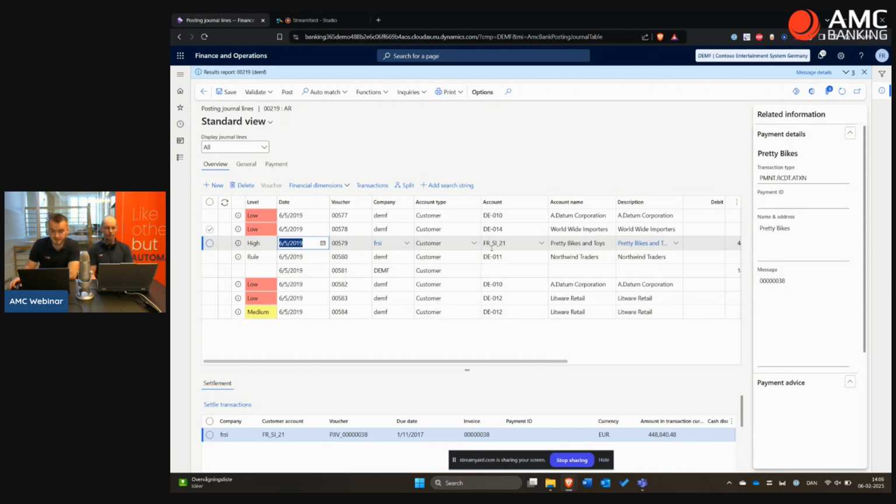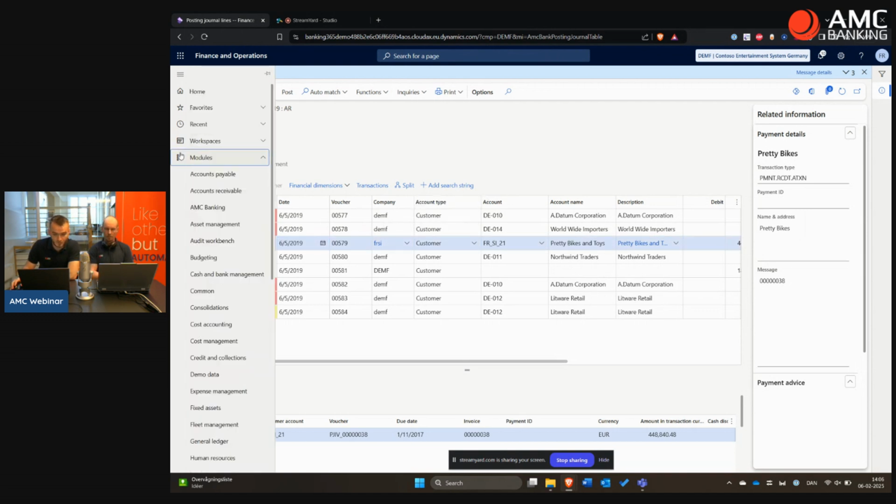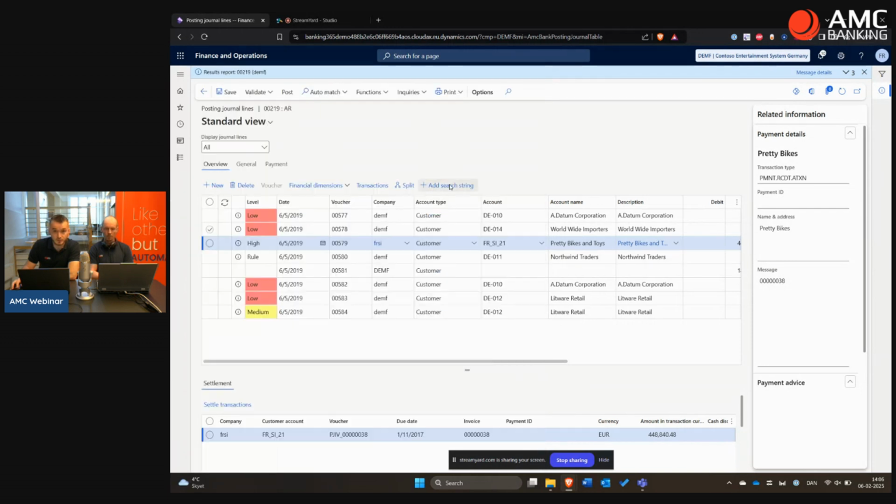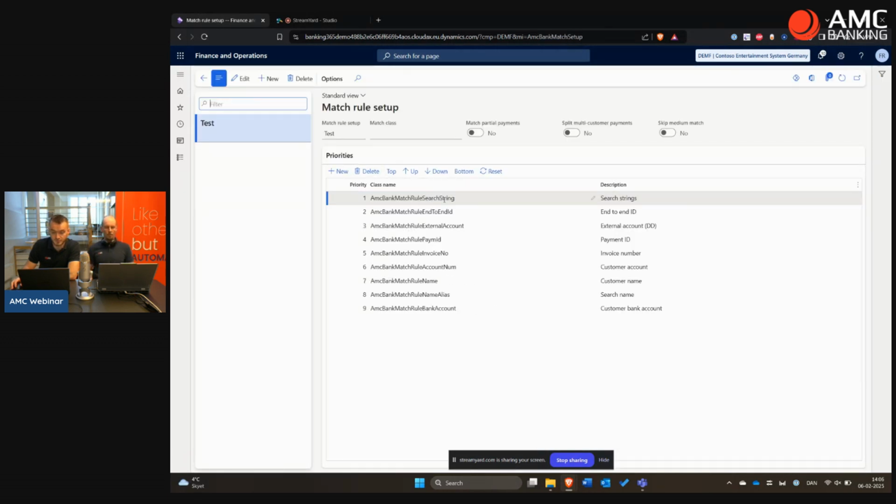And if I post this, then of course all this intercompany accounting will be done to close the invoice over in my French company while posting the amount on my bank account here in Germany. Simple, easy. All right, let's jump back into the auto match rules and just quickly jump through some of these